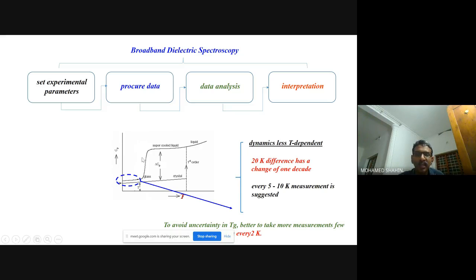And if you see that you don't have in between the lowest temperature and the glass transition, if you don't have,